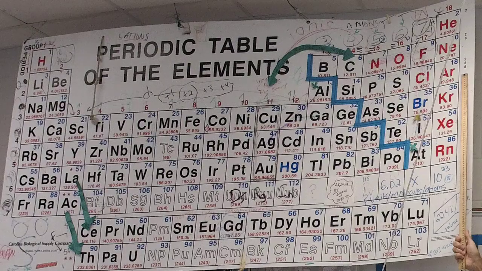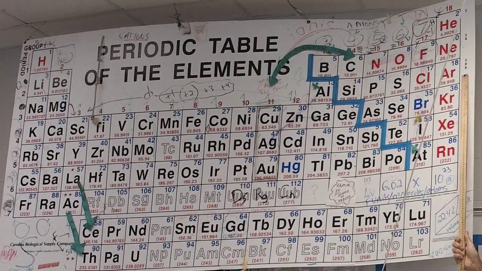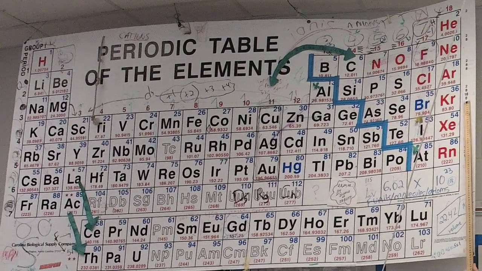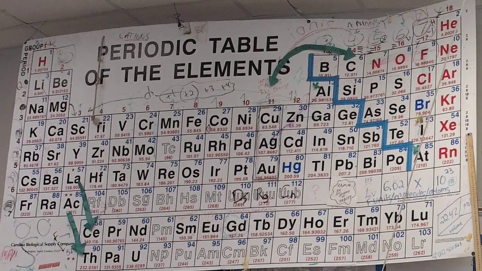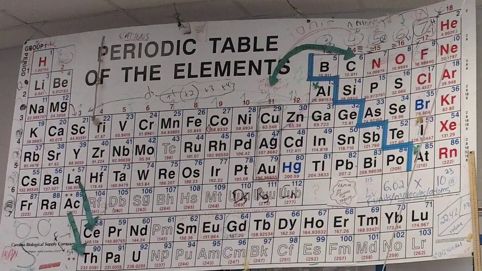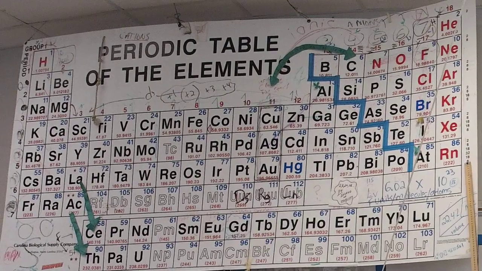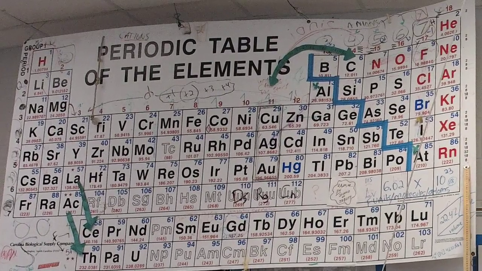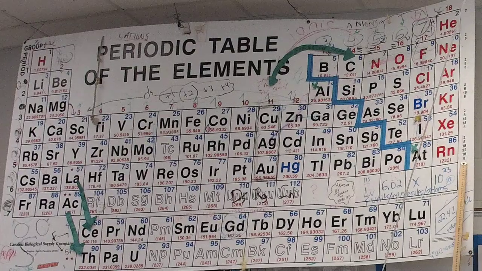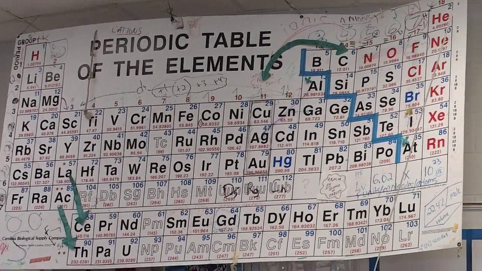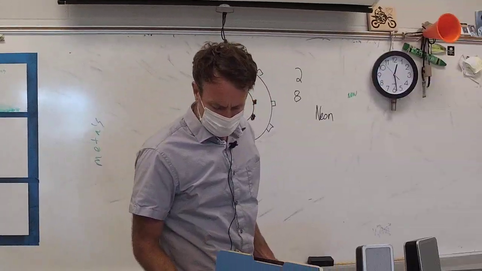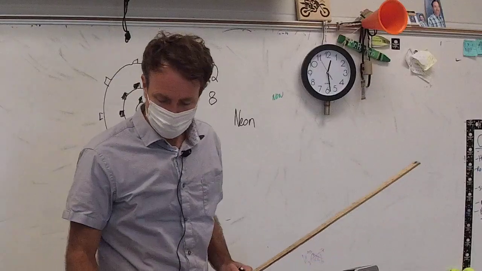And we're going to do 1 through 18 today, but you can see as you get bigger, it gets more complicated. Look, 2, 8, 18 and 8, 2, 8, 18, 18 and 8, 2, 8, 18, 32, 18 and 8, etc. So they do get bigger, all right? And they get slightly more complicated. But today, we're just going to work on